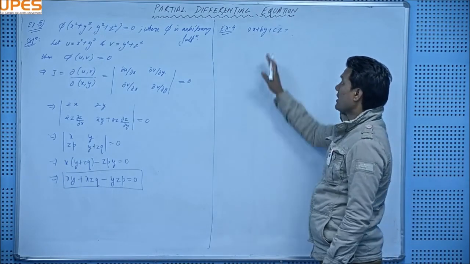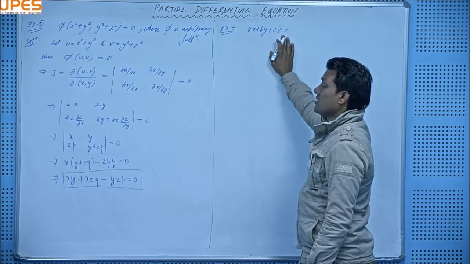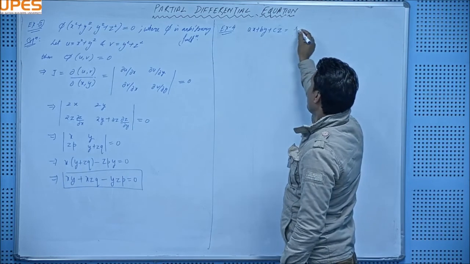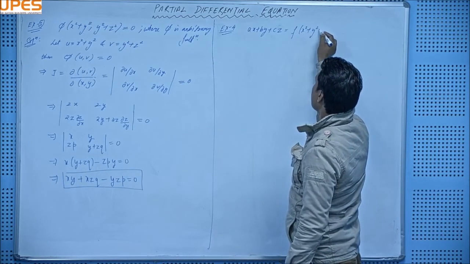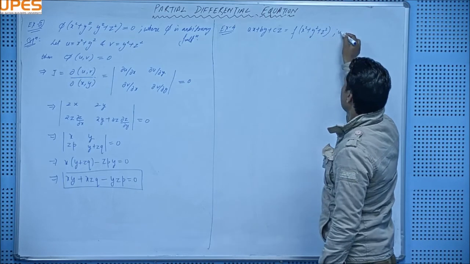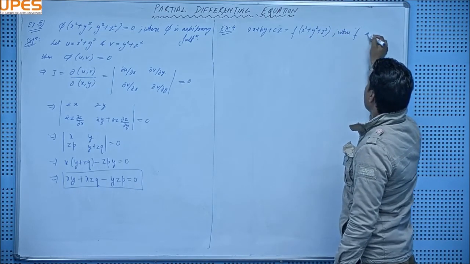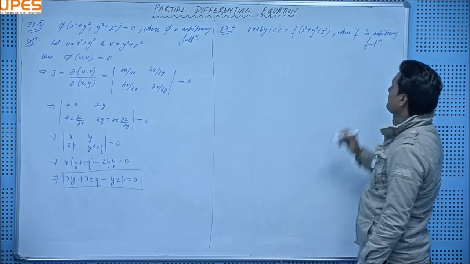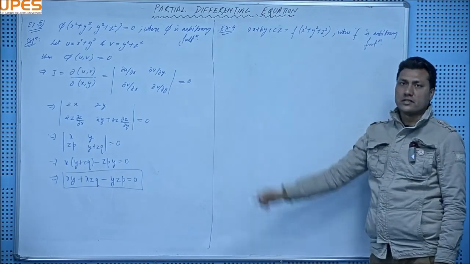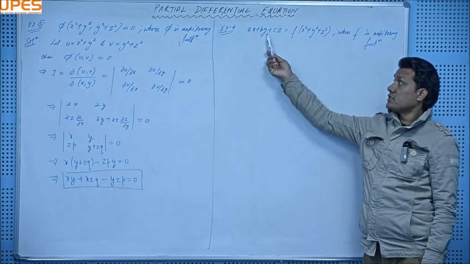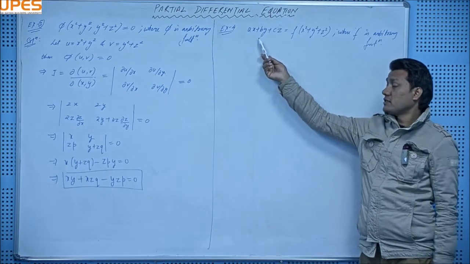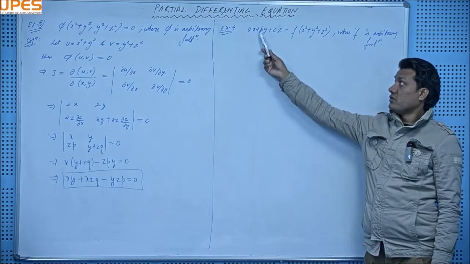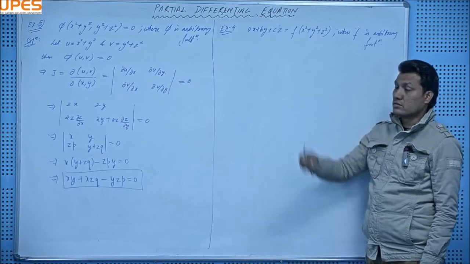So far we haven't done this type of question involving constants as well as functions. ax plus by plus cz equal to f of x square plus y square plus z square, where f is an arbitrary function. So f is arbitrary, a, b, c are not arbitrary. Remember that if they are not arbitrary constants, they should not be eliminated. First thing is that they will appear somewhere in the differential equation. In the final differential equation, a, b, c will all be present. We have to eliminate only f.